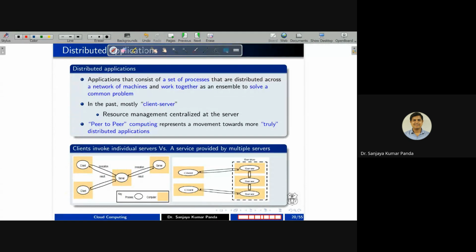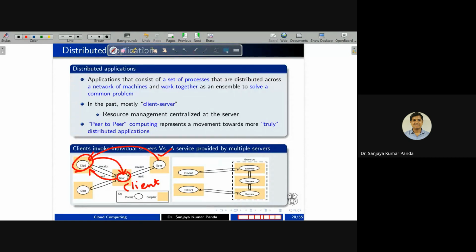So whenever a client makes a request to a server, let's say the server sees that there are no available resources. The server will change its mode to client and make a request to another server. That is also possible. This server returns the result to the first server, which acted as a client, and that server returns the result to the original client. So ultimately, this server is serving the request of the client. However, the client has no idea about it.